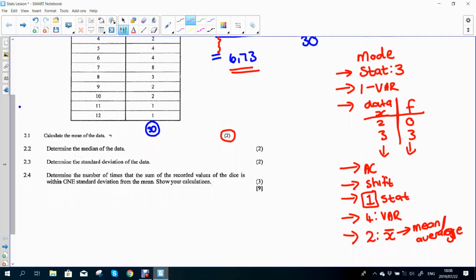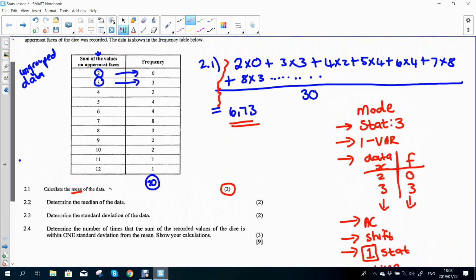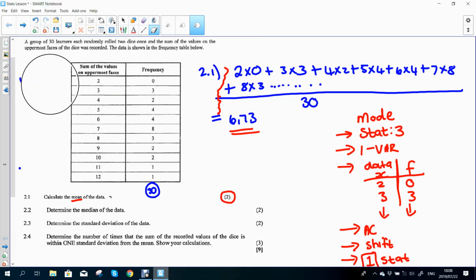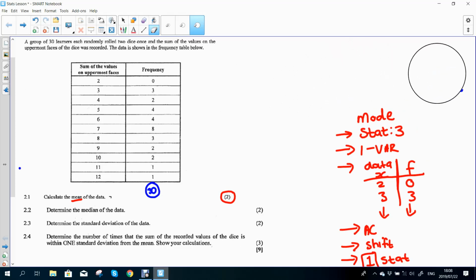I'm showing you the calculator steps once, and then for the rest of the lesson, if we get to the same type of question but for group data, you will know exactly what the steps are. So just come back here if you forget how it works. Okay, then we have the question, determine the median. Now what I'm going to do, I'm just going to quickly erase all of this, as this is not really necessary.